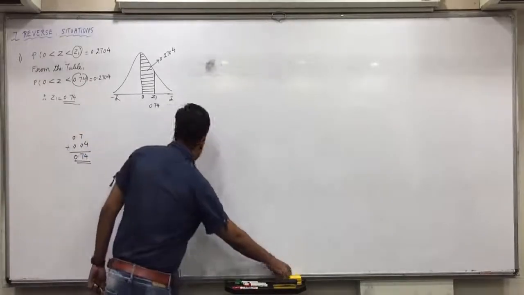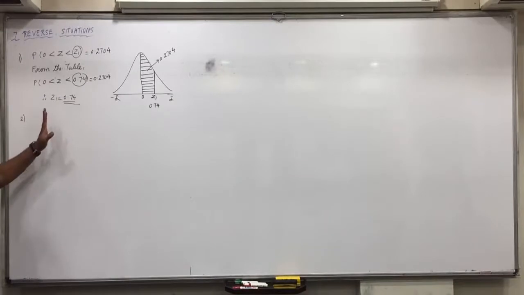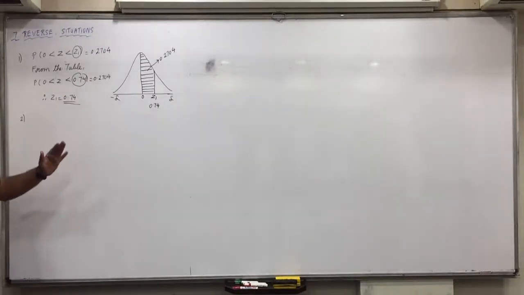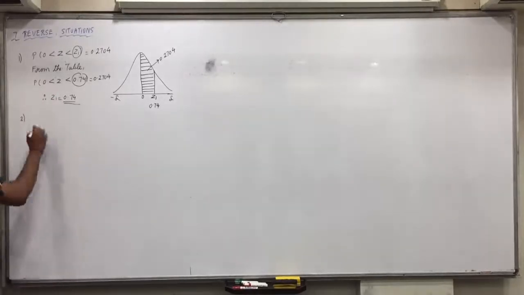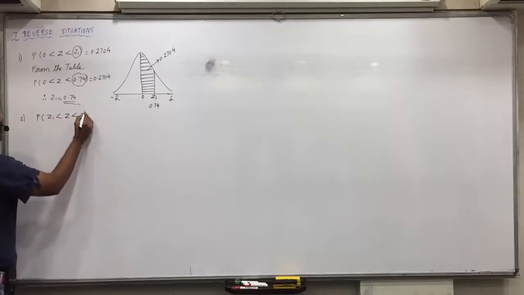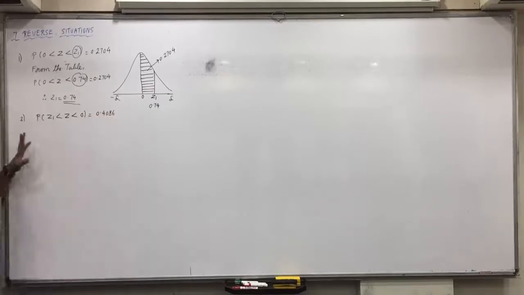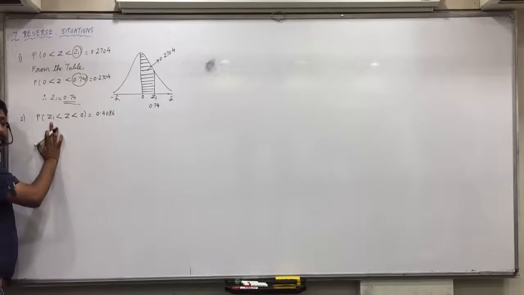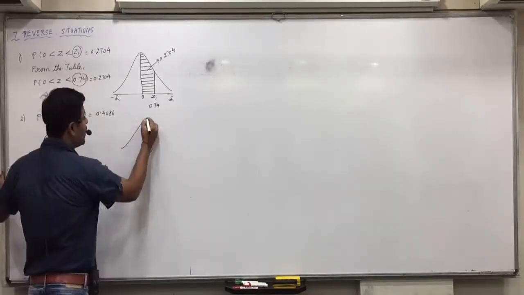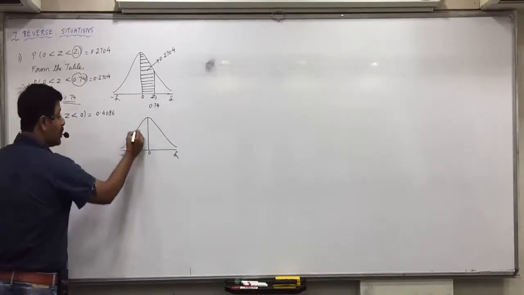Now understand the second situation. As I said, 3 situations you'll understand completely. Put your pens down. Now same thing let us take on the left side and one extra point we understand, because it's not necessary that exact value you get in the table. So understand that P of Z1 less than Z less than 0 is suppose 0.4086. Now Z1 is less than 0 means it's a negative number. So it will come on the left side.